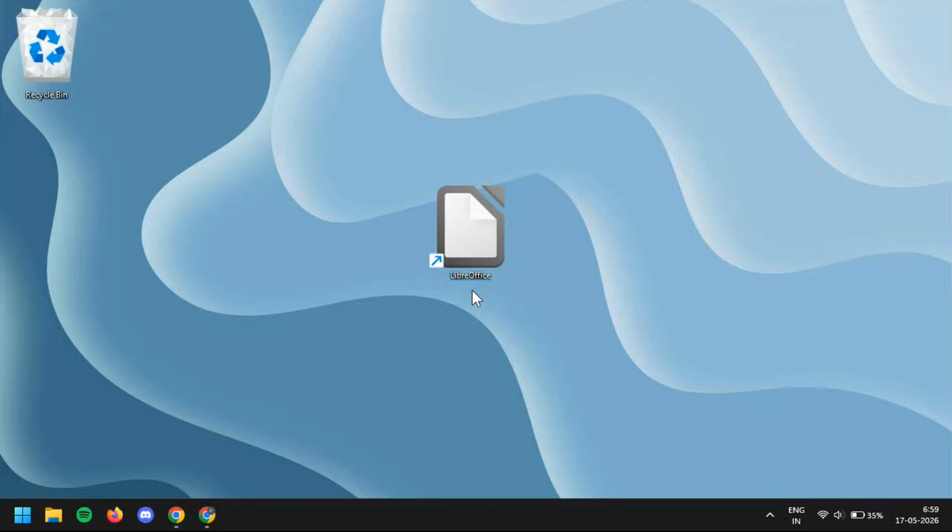Today I'm going to show you how to add a page border to only one page in LibreOffice Writer, step by step, so you can keep the rest of your document clean while giving one page a custom framed look. This is a really useful trick for reports, cover pages, certificates, special sections, or any time you want one page